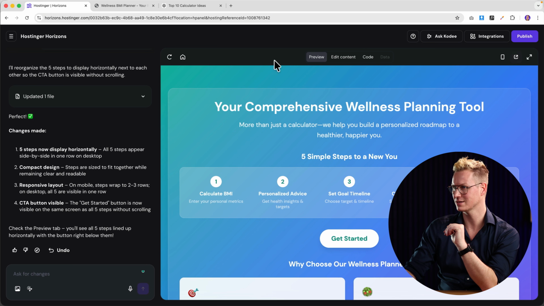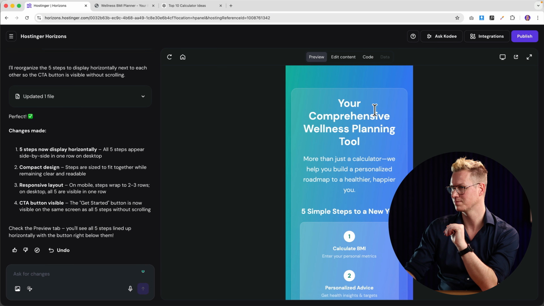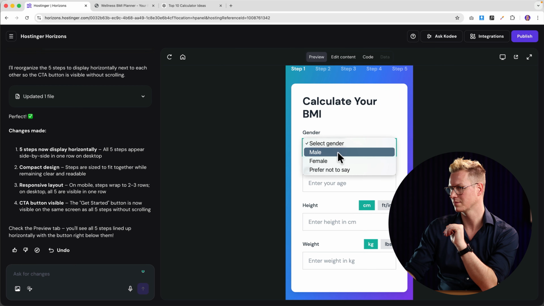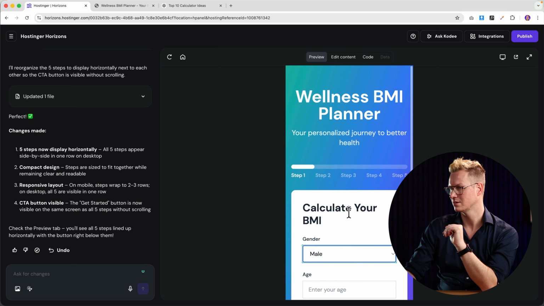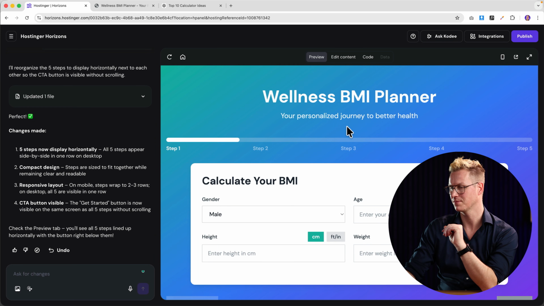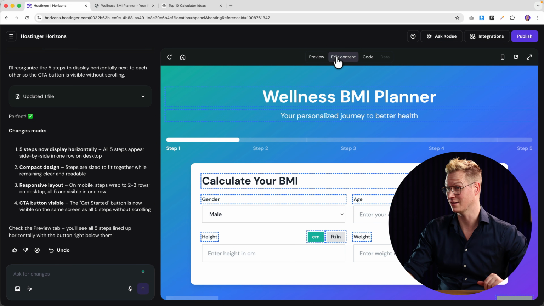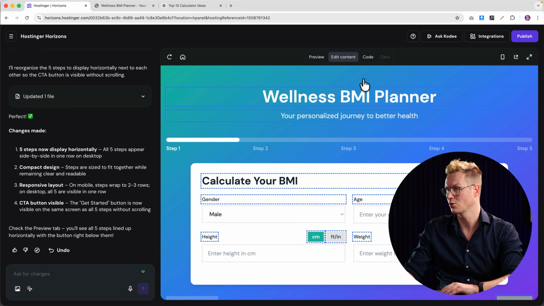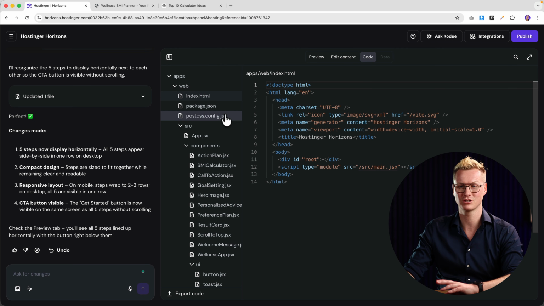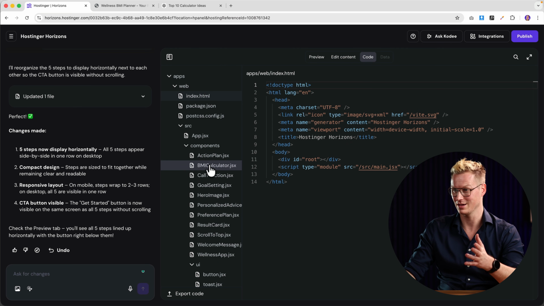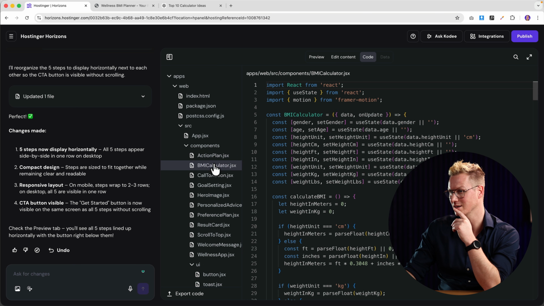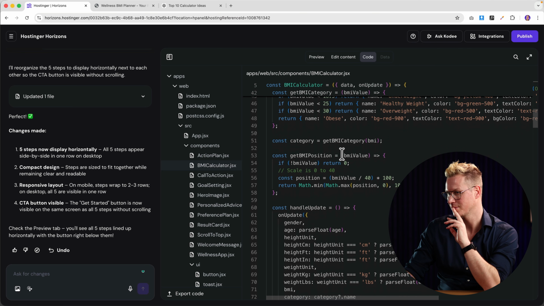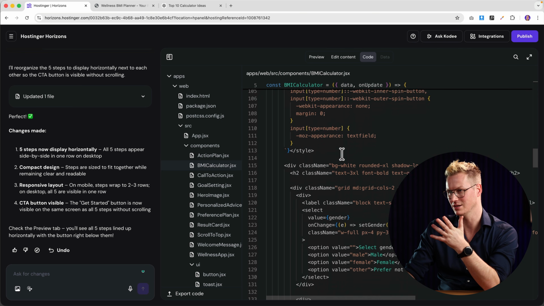How does it look on other devices? I can do it like that. So I'm really happy. You can also edit the code. So you can click on edit content and then take a look over here and say something about it or change the text. Or you can play around in the code. Well, I do not suggest you do this if you have no knowledge about this. So if I would go to the calculator, this is in centimeters. I can play around with this, but I see no reason to do that.